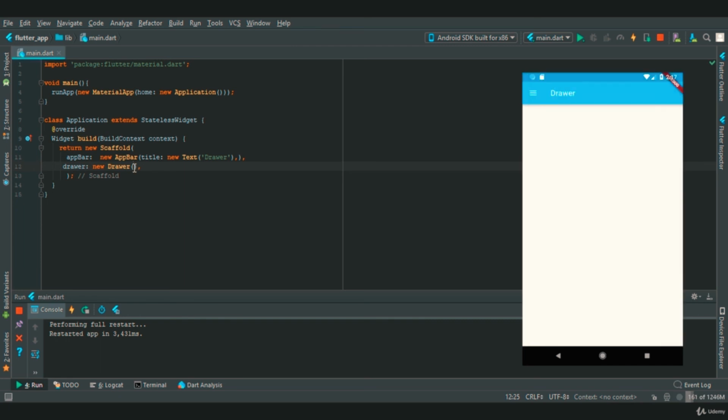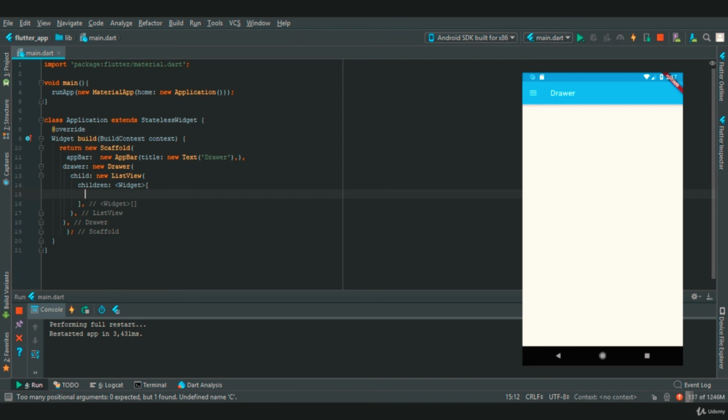So in this empty drawer we are going to provide a list view. In this we will create a property called children. In this we are going to provide a list tile.